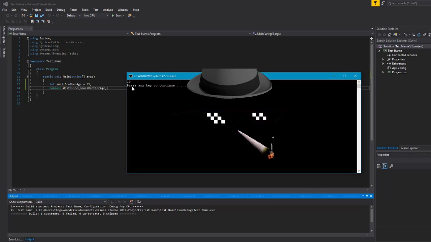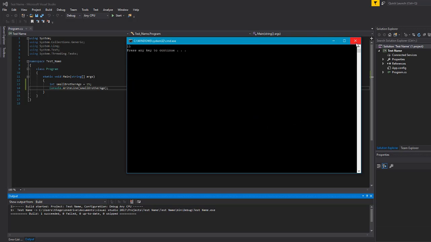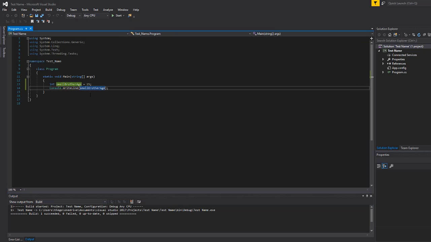Gas pedal, gas pedal, gas pedal, gas pedal, gas pedal. And you already know me, S-A-G-E. Gas pedal, gas pedal. Okay, if I want to add any text to it, I just open the quotation marks,